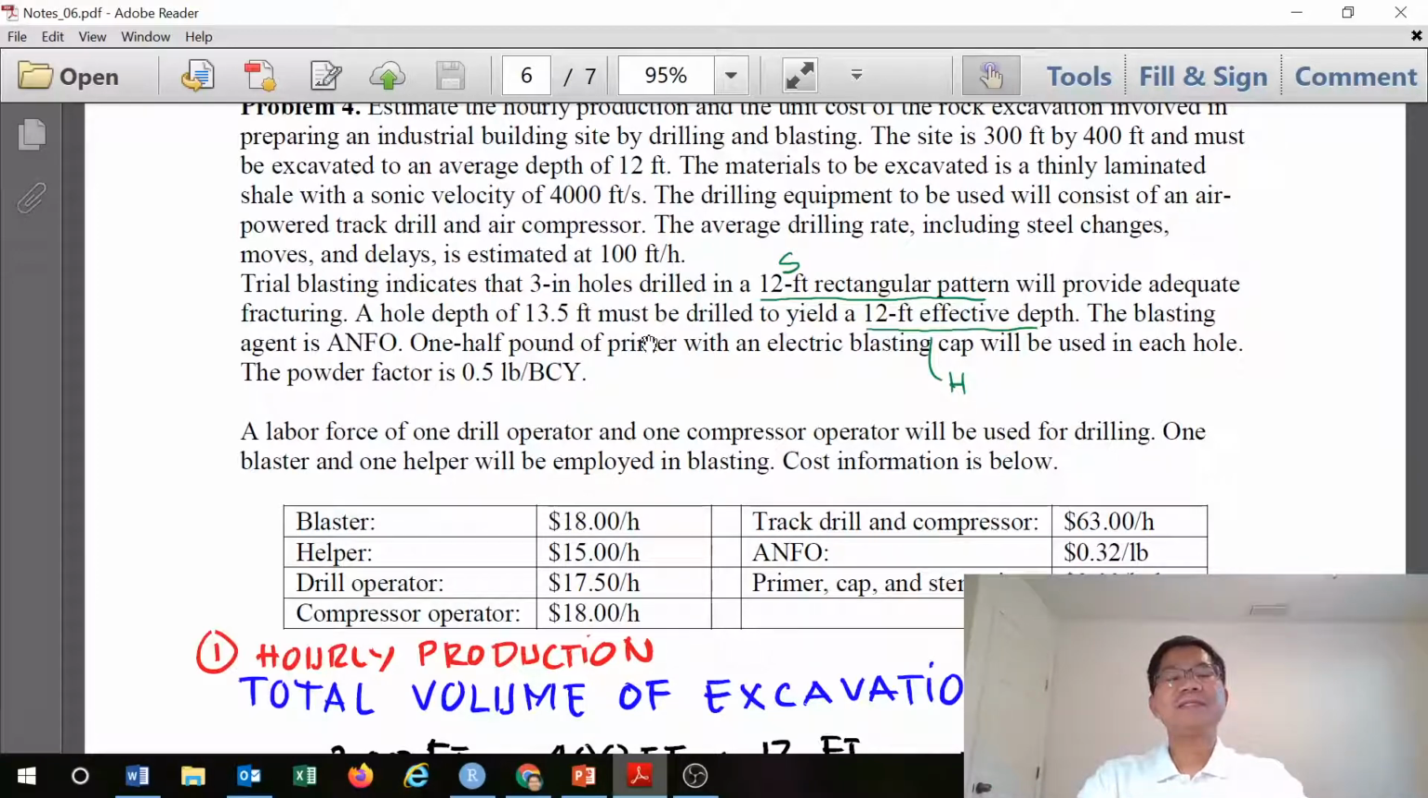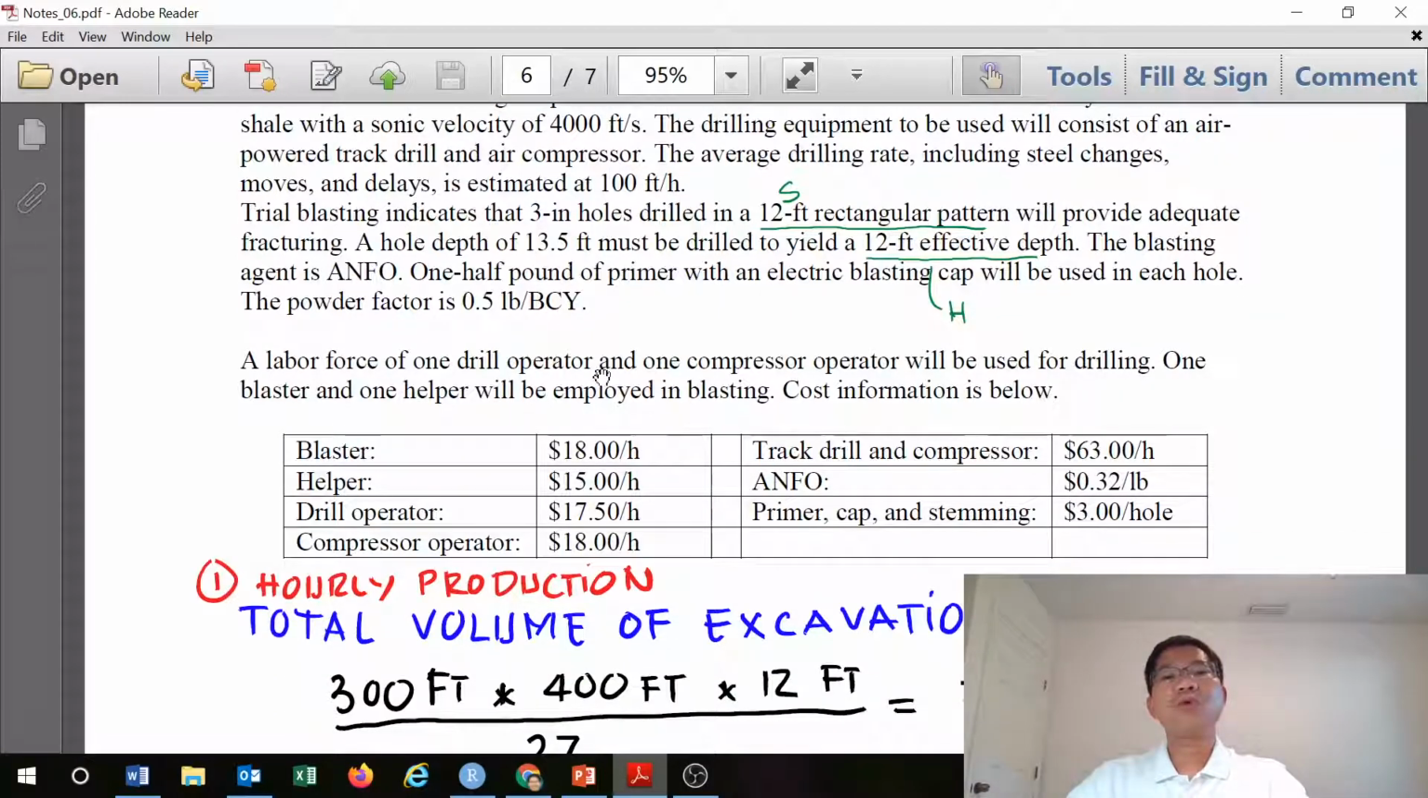The explosive material used is ANFO, ammonium nitrate in fuel oil form, right? Half a pound of primer with the electric blasting cap will be used in each hole, and the powder factor is 0.5, so it means that to excavate 1 bank cubic yard of rock, we need 0.5 pounds of the explosive. The labor force of 1 drill operator and 1 compressor operator will be used for drilling,